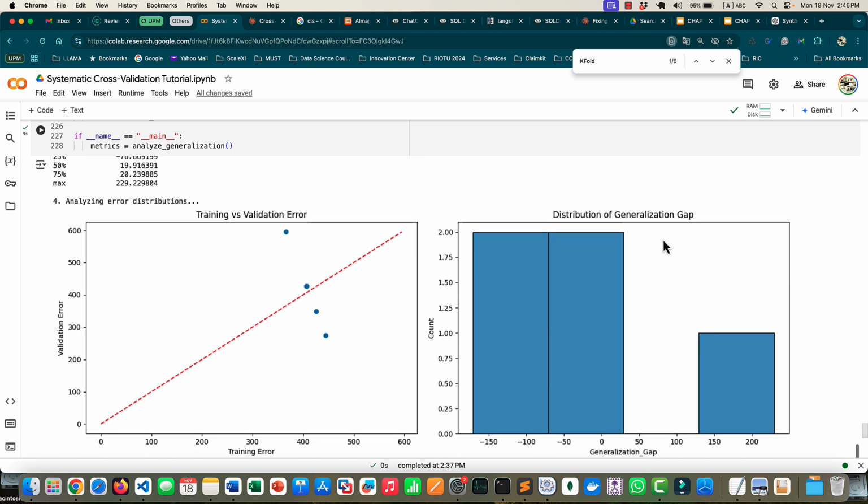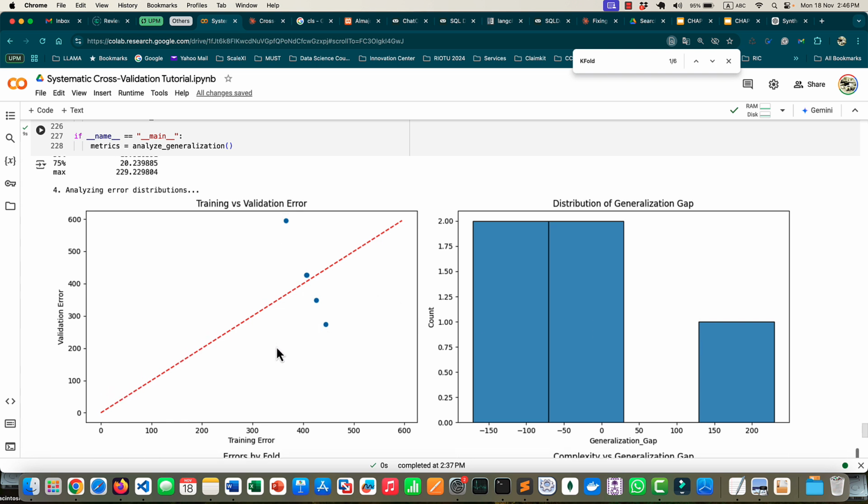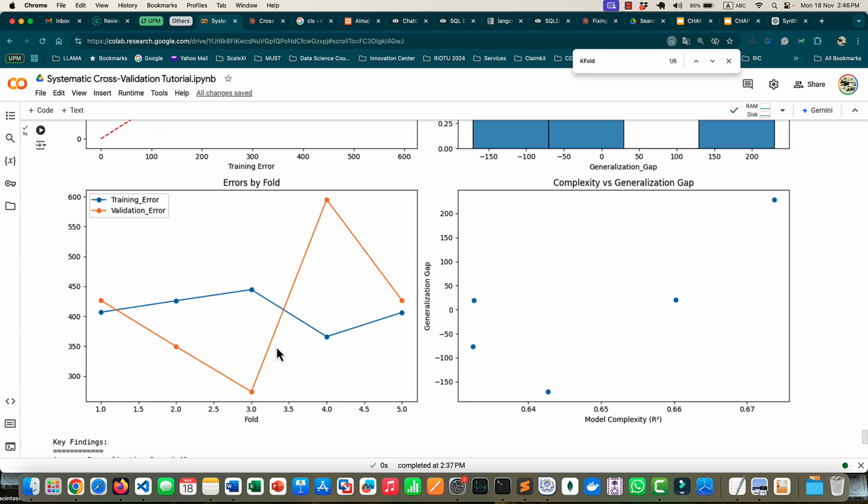This is the distribution of the generalization gap or generalization error. Okay, and this is the train versus validation error. So these are different statistics just for you to get more feeling about the issues that we face in training between validation and testing. And the main lesson that we want to have is that when you train a model, to say that your model is general enough, you must have small training error and also small testing and validation error. This is how you can at least think that your model could be general enough. And of course, later on when you deploy it, you need to monitor whether there are some possible